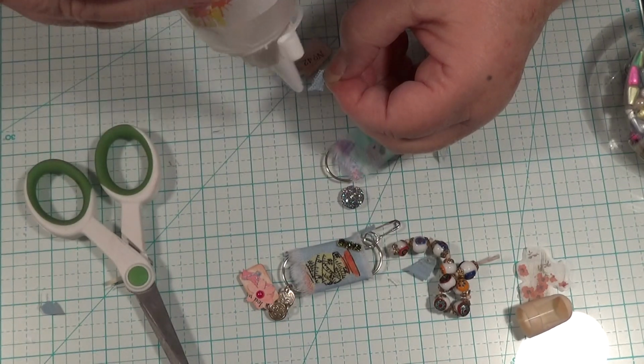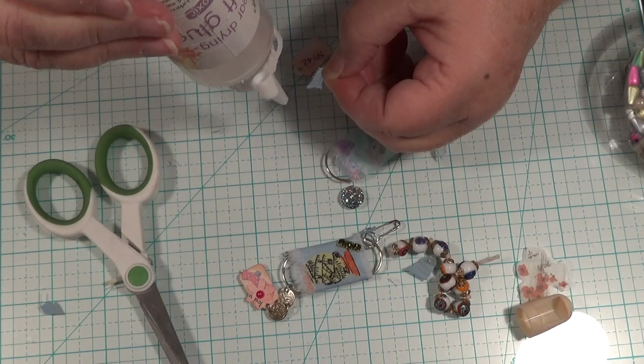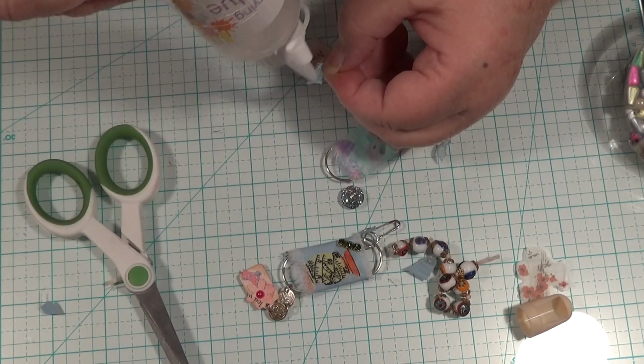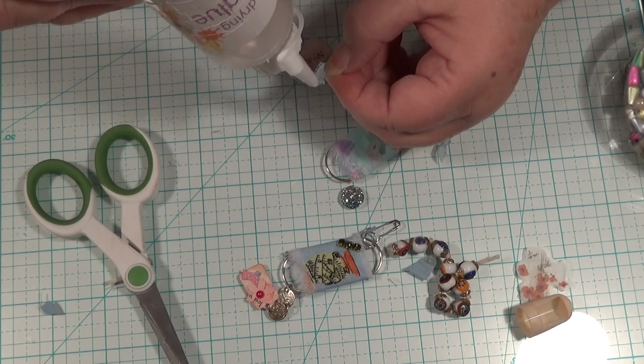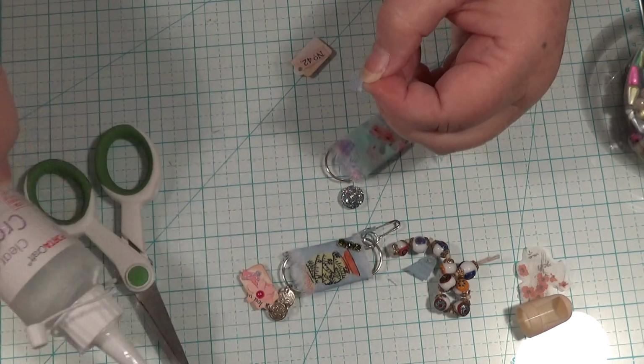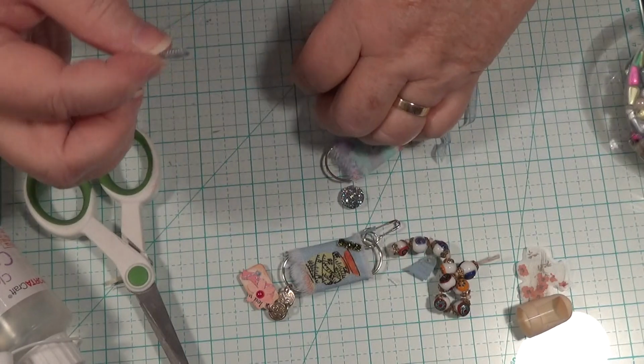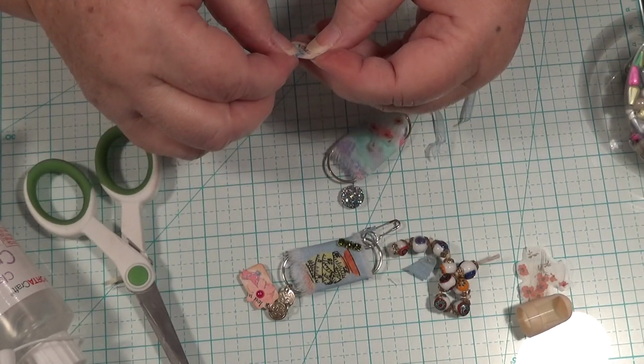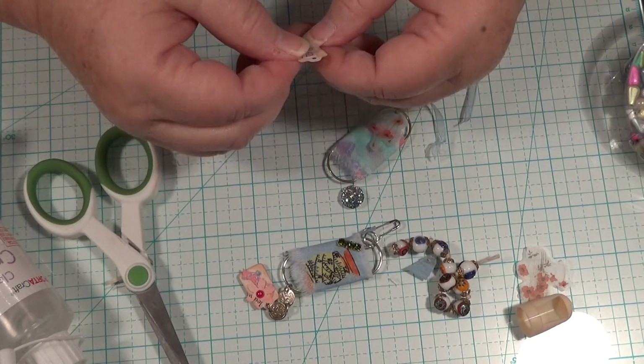I'll have to lay this down instead of picking it up. I just think I bought 2 bottles of this other. Oh, I know what I did. Last week, on Friday, we'll go back to there. There was a thing here because